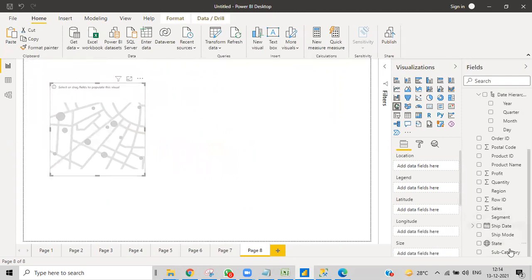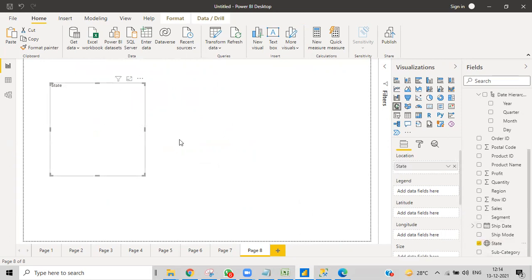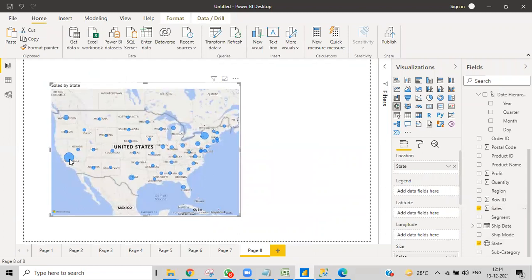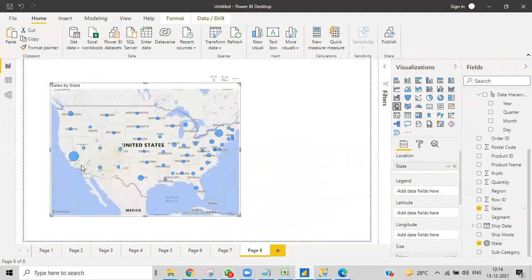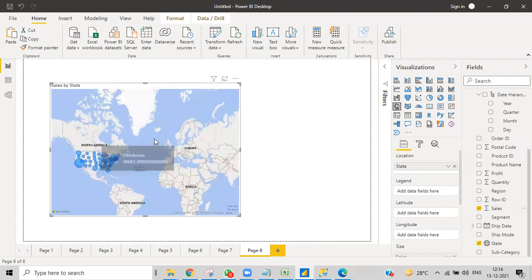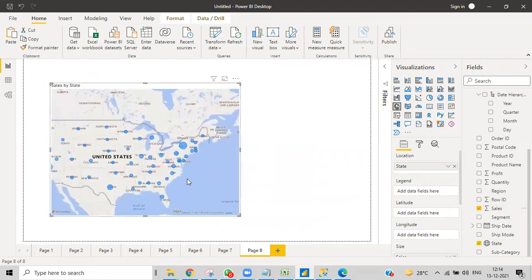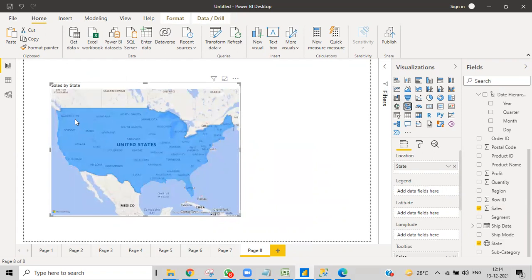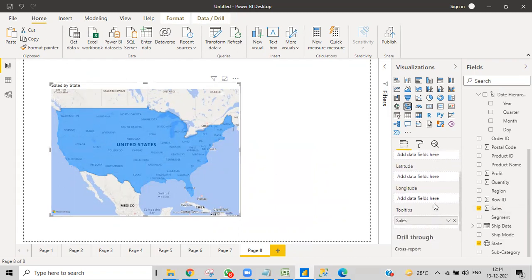And then what I'll do is I'll just simply drop my states, and then I want to see sales. You can see the images. As per the sales, obviously they've been increasing. Can you see this? According to the size of that particular sales in that particular country, you'll get this kind of thing, and then we convert this into this one, and then you can't see more differences over here, only a few differences like color, and based upon that, the tooltips.